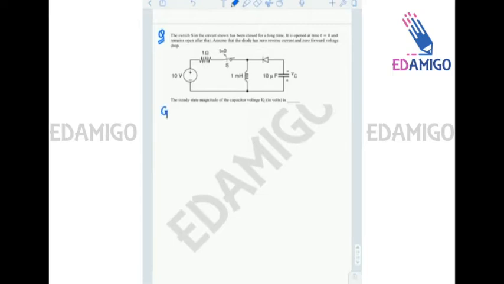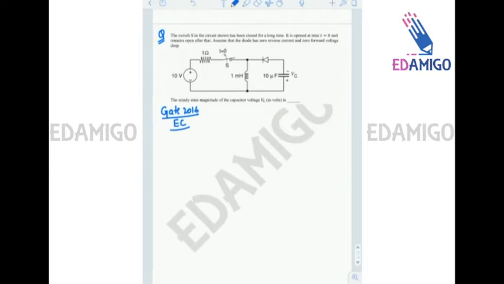Okay, so this is also a GATE 2016 EC question, an electronics and communication question. Now, a very good question that actually combines the concept of LC circuits, analog and networks. Okay, now